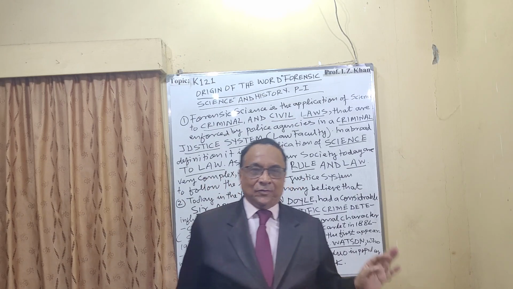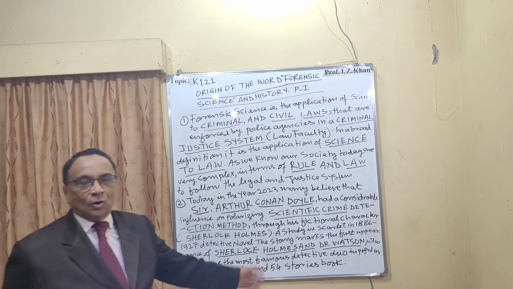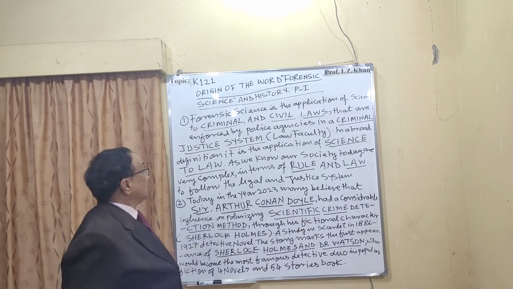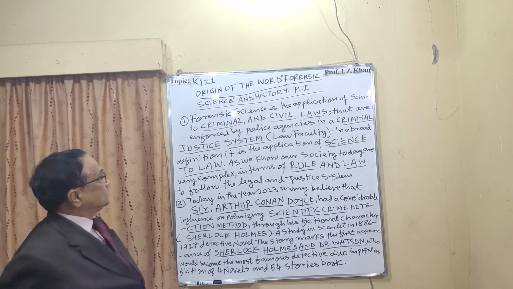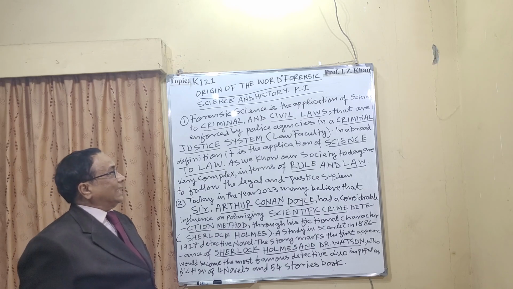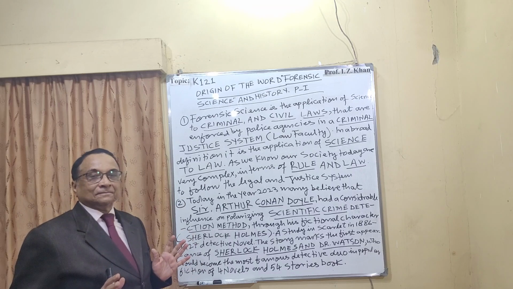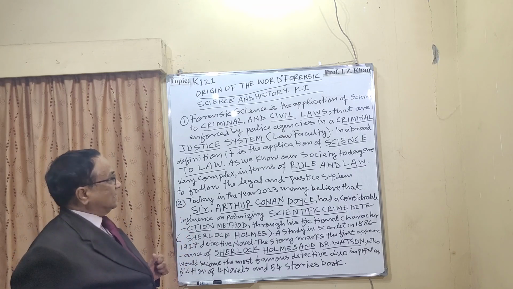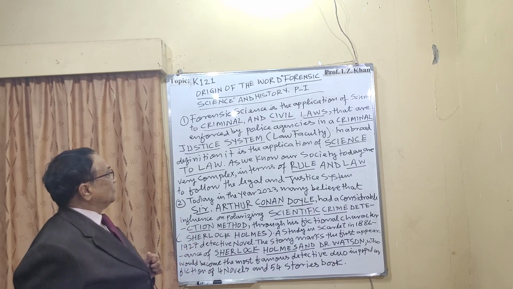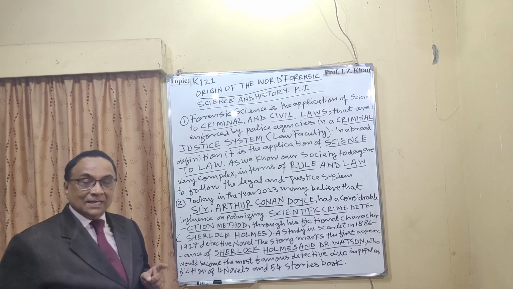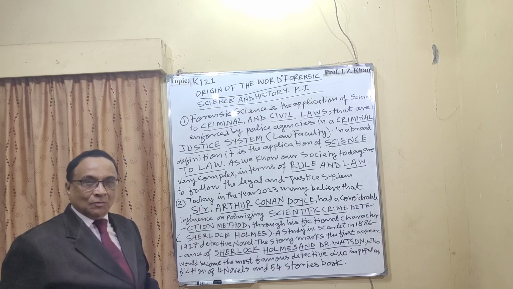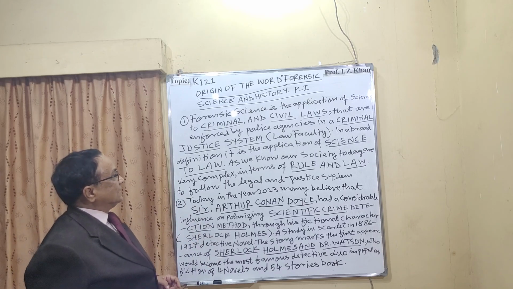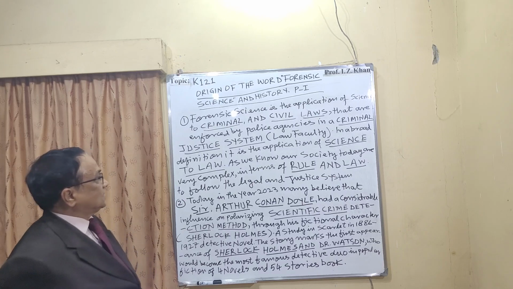You will find it if you go on Google, because I have gone through all of these, that's why I am recommending. Number one, forensic science is the application of science to criminal and civil laws. That is the meaning of forensic science, and these laws are enforced by police agencies. Here police, lawyers, court, judges and scientists are all involved, agencies in a criminal justice system.